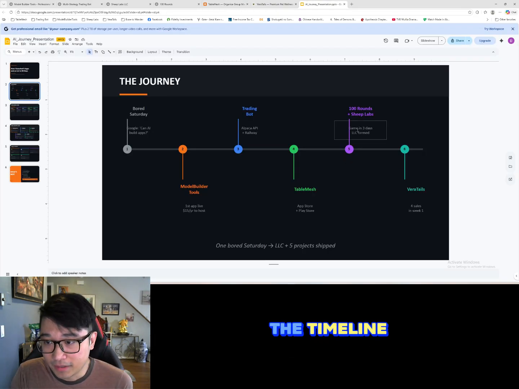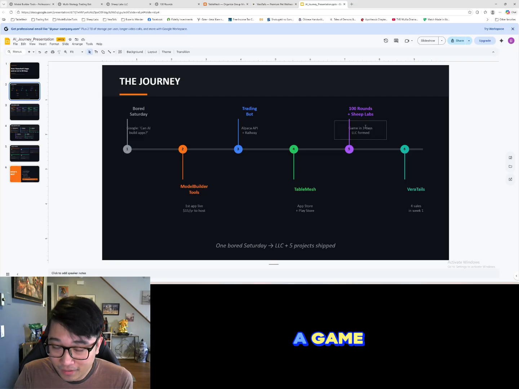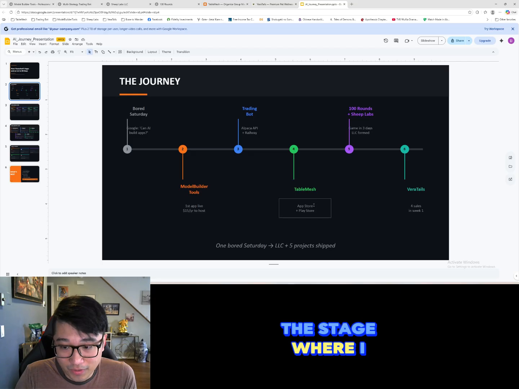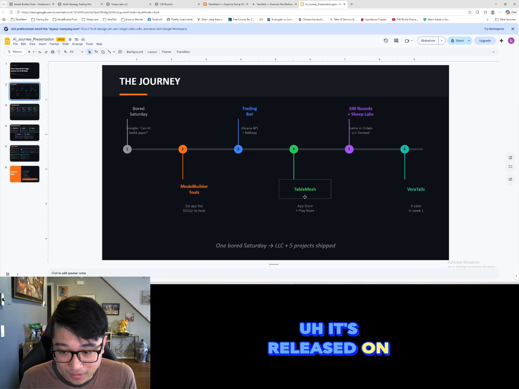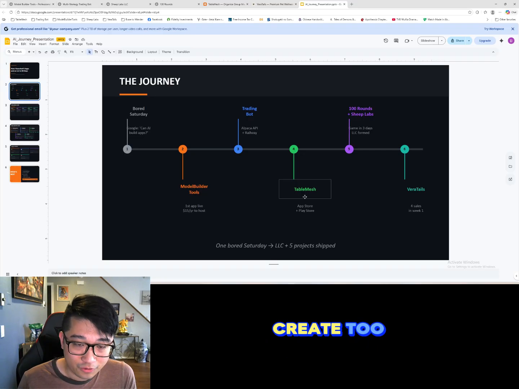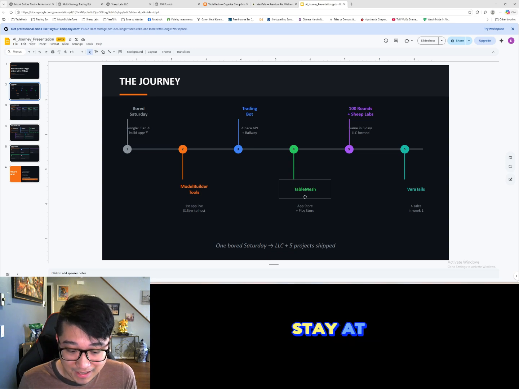Going back to the timeline, on the side, it took me another 1 to 3 days to create a game. Once I got to the stage where it's released on the App Store and Play Store, it kind of means I did all the dev work already. It's stabilized. I don't want to create too much more features yet because that could also cause more bugs. I kind of want to stay at a stable stage and then start getting users now before I continue